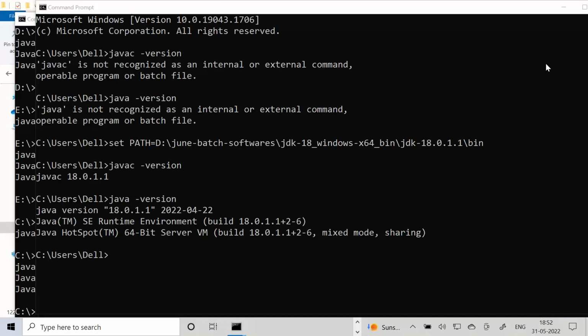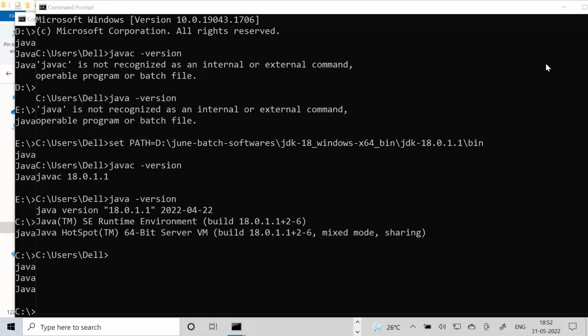Whatever you are setting in one command prompt is not visible to other command prompts. Come on, guys. Whatever path you are setting in the command prompt through the set command is local to the current command prompt, not visible to other command prompts. This is not a very encouraged way. Why? Because it is available only in the current command prompt. If I open another one, I need to set it one more time. Whenever I open a new one, I need to set it one more time.